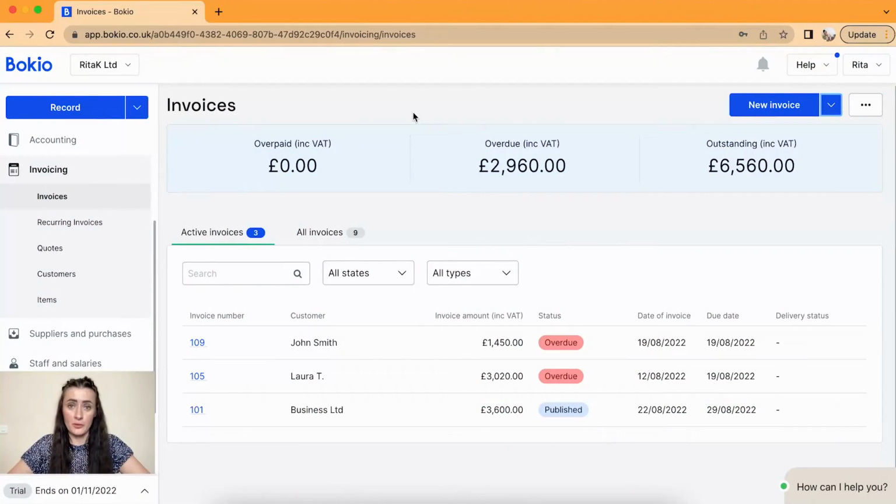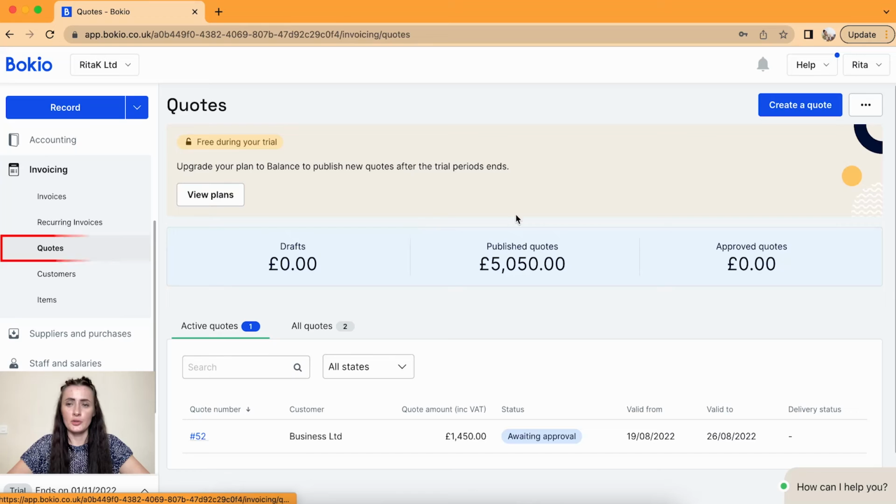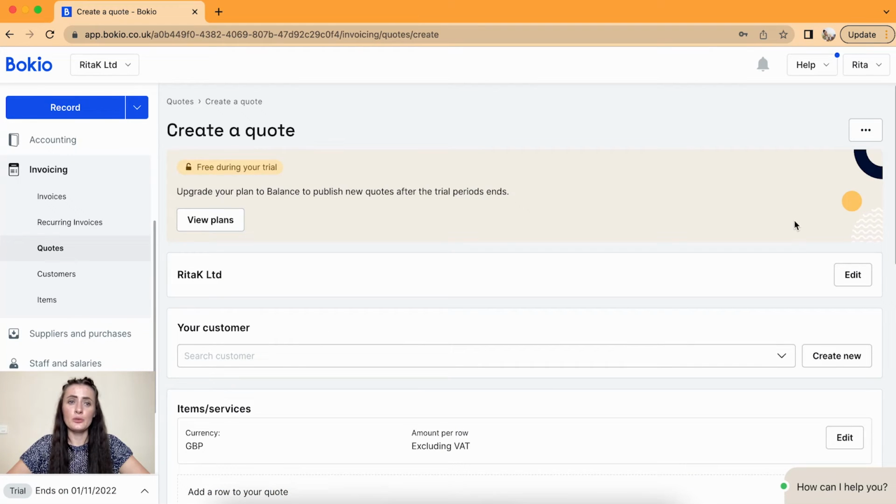Hey guys, I'm Rita, and in this episode I will show you how you can create a quote on Bokio accounting software. To issue a quote from Bokio accounting software, we need to go to the invoicing section and there is a subsection called quotes. To create a quote, we need to click on this button and we need to fill in